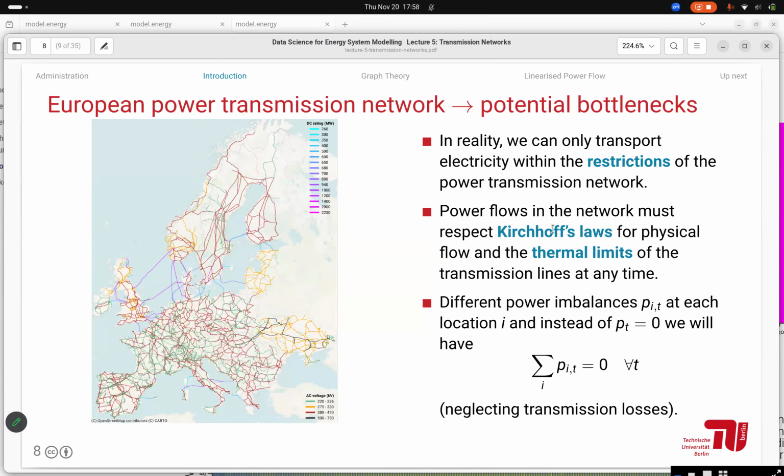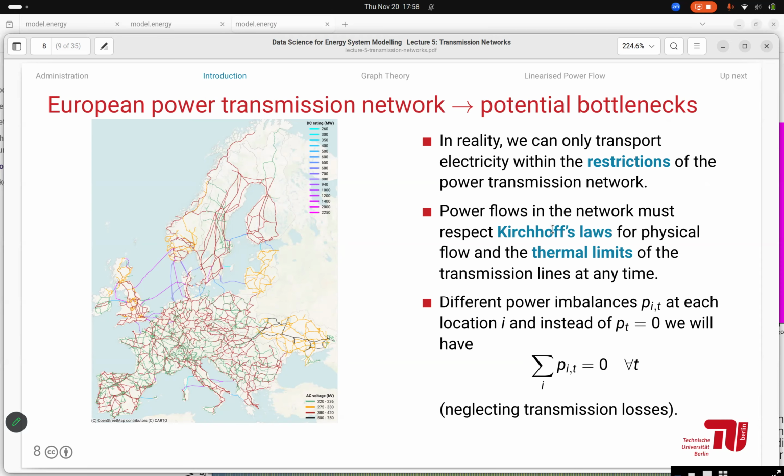The big caveat in these examples I showed at the beginning is that we don't have perfect transmission. We have extensive transmission, highly interconnected across all of Europe, but there are also increasing bottlenecks. We can't always assume that we can actually transport the power, and then there are also physical laws that determine the power flow in the network. It's not the case that we can simply route power through the network, but it has to follow just the